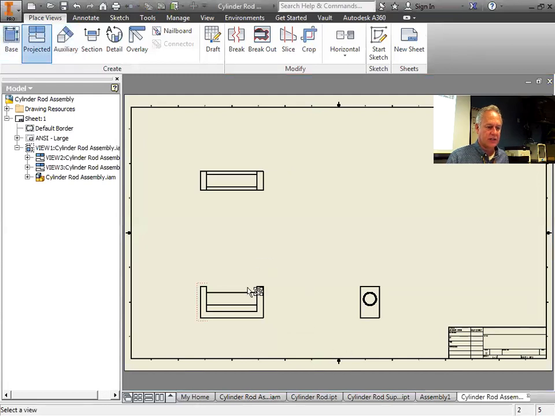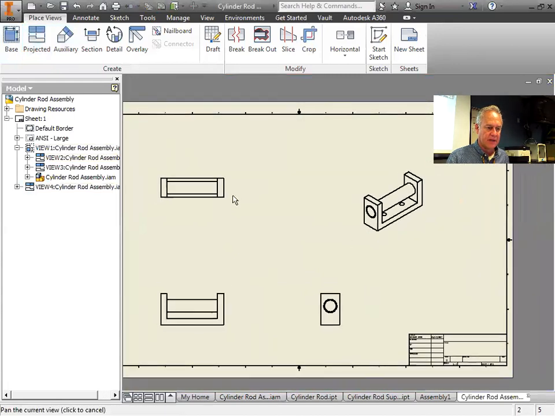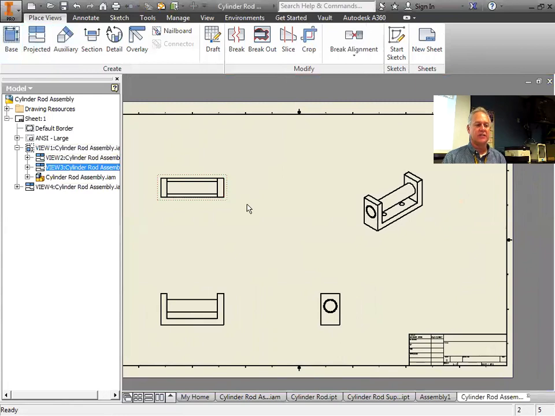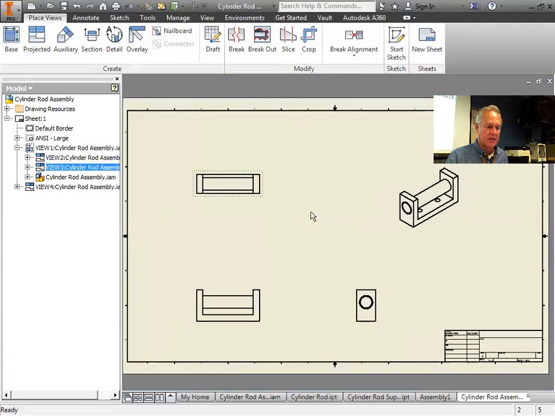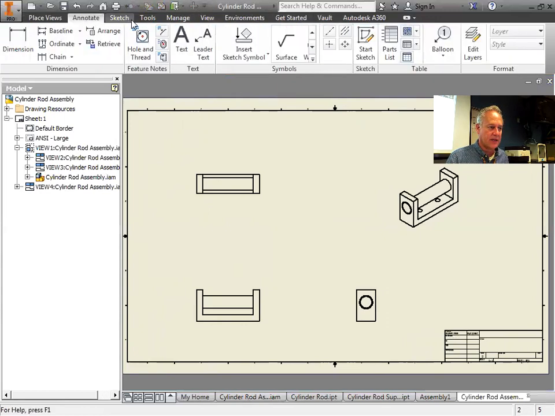Actually, if I add a projected view from any one of these views, I can just pop in the view like that and create. Again, you could reduce the sheet size, or you could expand on the view size. It would be up to you. Right now, we're just wanting to max out on our real estate, and that's the agenda typically. I'm going to go ahead and leave it alone for now, just for the sake of introducing you to the next item, and that is to